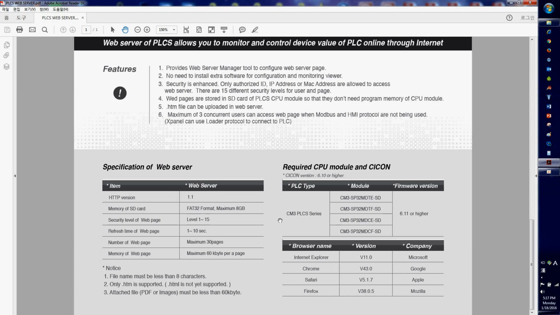For your CM3 PLCS series, it should be either SP32MDT, the sync type, or the SP32MDC, the source type. With the communication options as Ethernet with the SD card for this model, and for this model you have the digital output 16 and the digital input 16